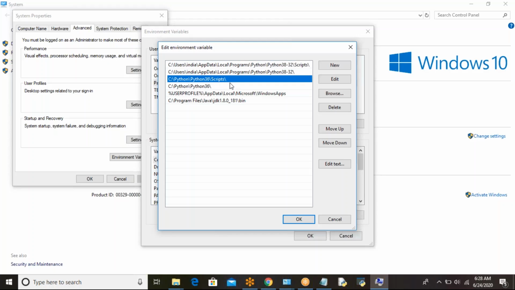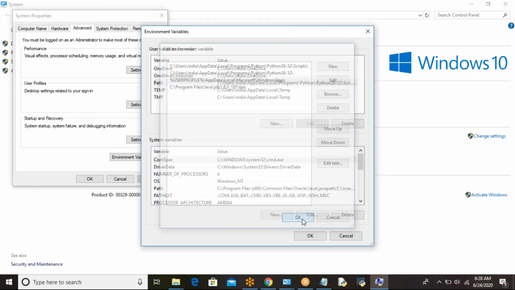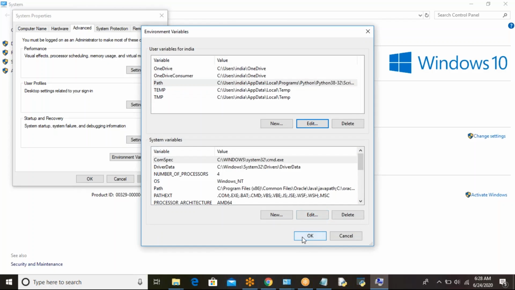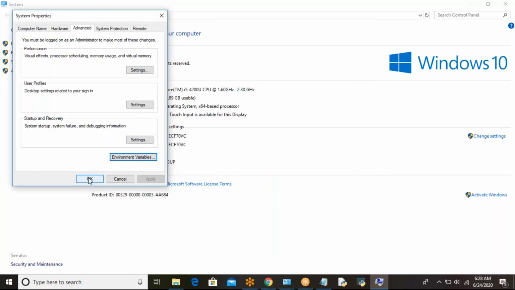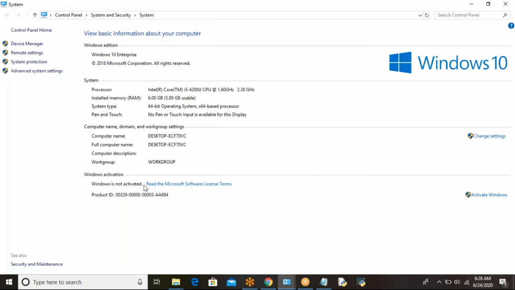But actually this is not needed, you delete it, because now the latest version is 3.8 that I installed. Now click on OK, and click on OK. Done. Got it clear? So the path is set.